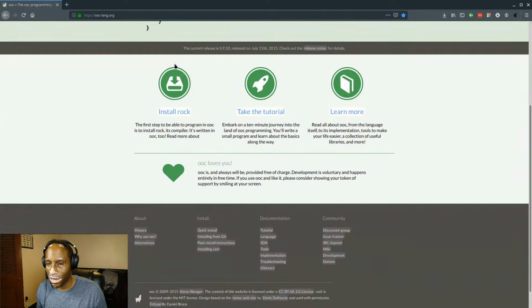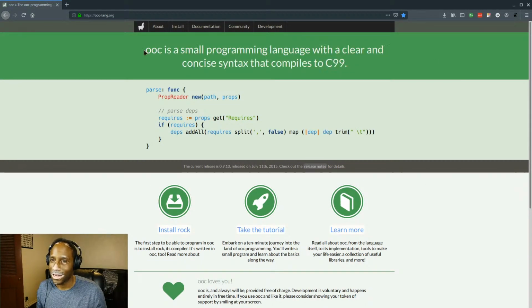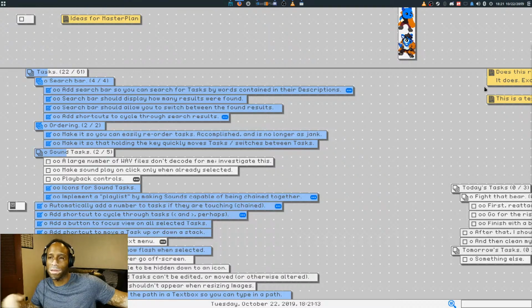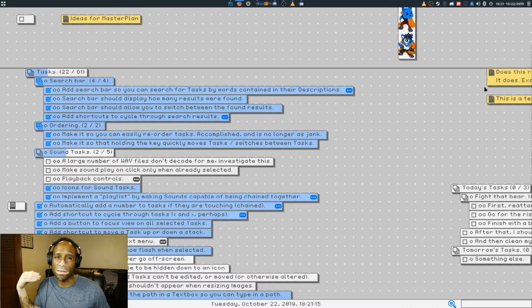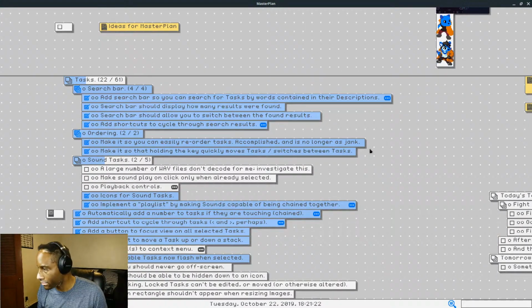Unfortunately, the developer, who is Amos Winger, you might know him, he's one of the dudes who works on itch.io, the client and the website, which is cool. He's working on other things, so it'd be nice to see this get continuous work, because it seems like a solid idea. Just make a language that compiles to another language, and then you get the best of both worlds. Something that's high level, but fast. Something that's easy to learn and has a lot of features, but at the same time does the stuff that you want it to do.